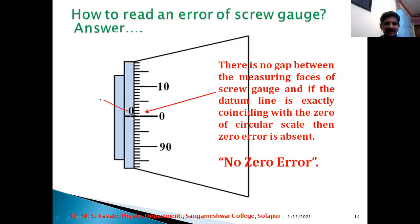So here is this reference line. RL stands for reference line, central line or datum line, and zero of main scale is visible. Now here there is no gap between the measuring faces. Of course, the measuring faces are not visible in this slide. But here we have to consider that there is no gap between the measuring faces of the screw gauge,